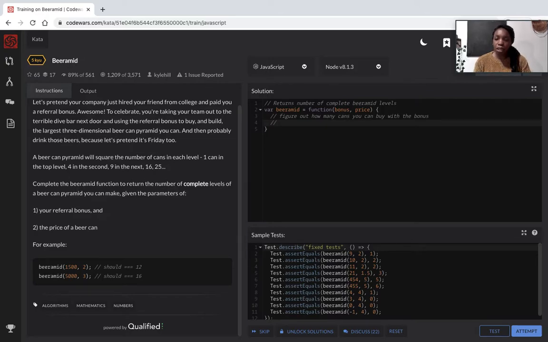well, okay, so now I'm trying to go from that number of cans you can buy to how many levels you can have. All right, so sometimes when I'm trying to work out a problem, I just look at an example and kind of work backwards. So they're saying that $1,500 in referral bonus with $2 beer cans can get you 12 levels. So